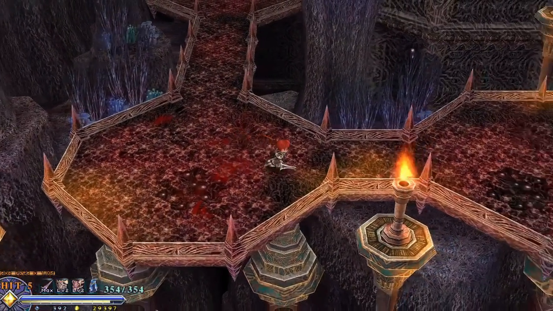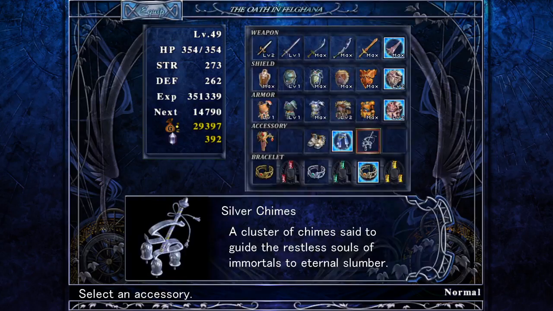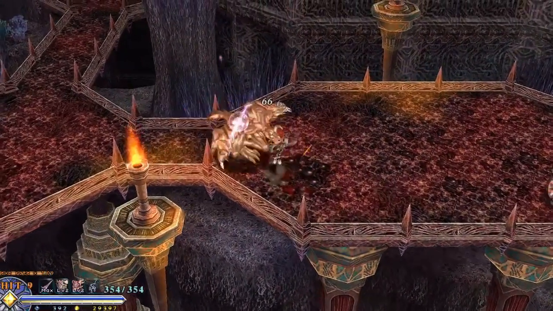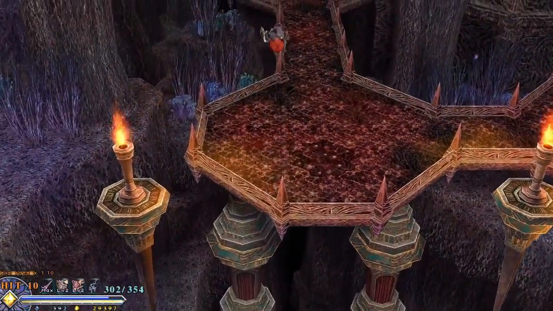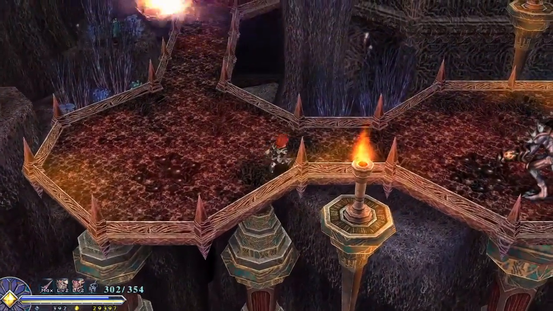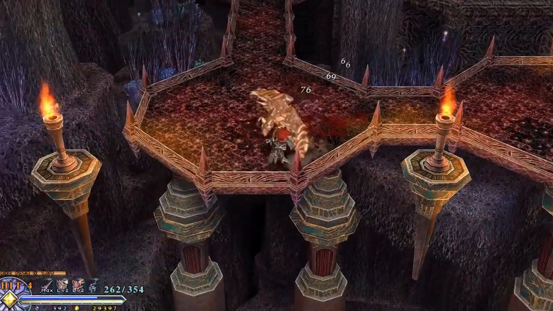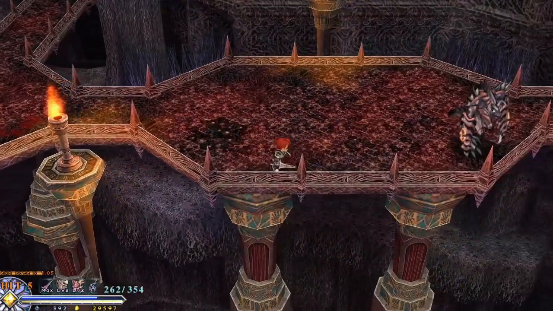There we go. Got the level as well. We are level 49. God damn, that's a big level. Oh my god, there's 4 of these guys here. 5, 6 altogether when you count the 2 hanging out over here. And they are so hard to pull because... There we go. I want to keep the distance, but then...